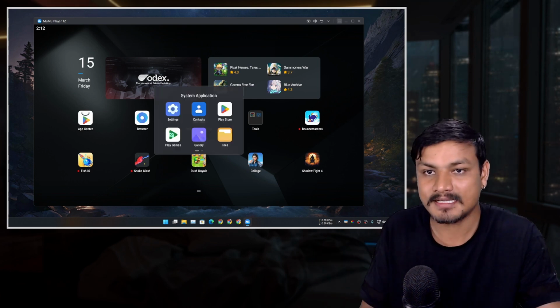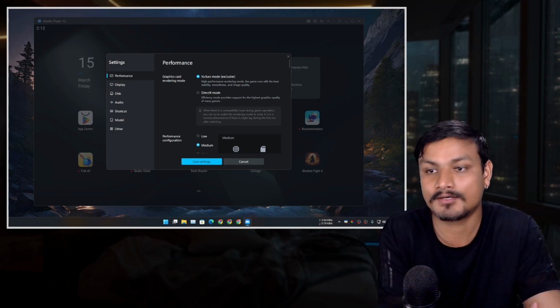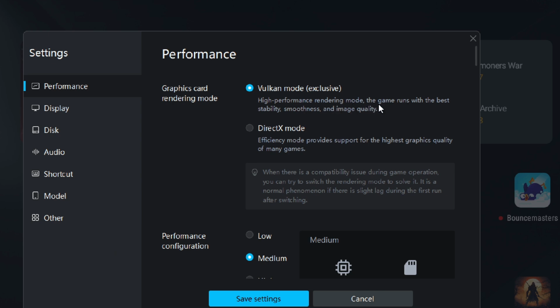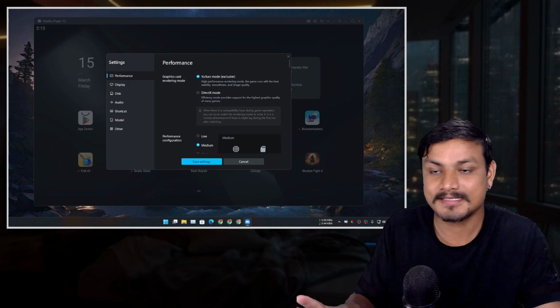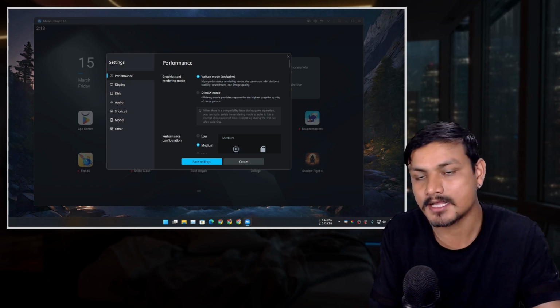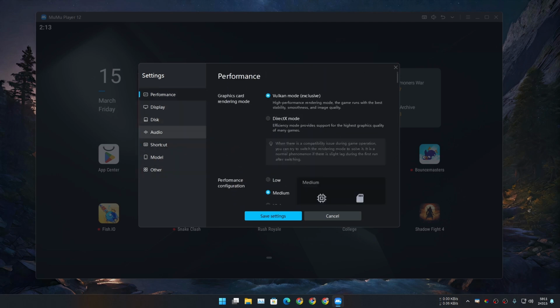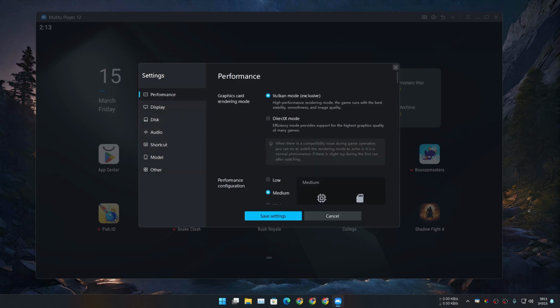Not only that, this Android emulator feels really fast, and this was the first Android emulator to introduce a Vulkan mode. This gives you the high performance rendering mode. The game runs with the best stability, smoothness, and image quality. And I have been using this emulator for quite some time now. And guess what? This is actually my favorite Android emulator. Yeah. And look at the settings. This is one of the cleanest Android emulators out there, right? Cleanest. If you go into their settings and everything, you'll be amazed to see how clean this thing is, all